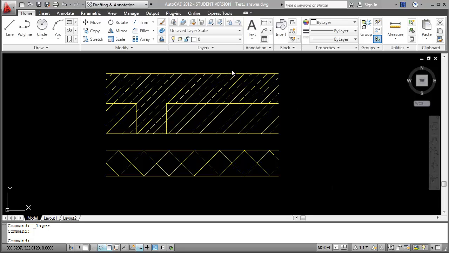This figure has horizontal lines and hatch patterns, as well as a couple of vertical lines. One thing to note is the hatch pattern should be in a different color on a different layer. So the first thing to do is to create a new layer by going to the Layer Properties Manager, which is in the Layers palette. So click on that,